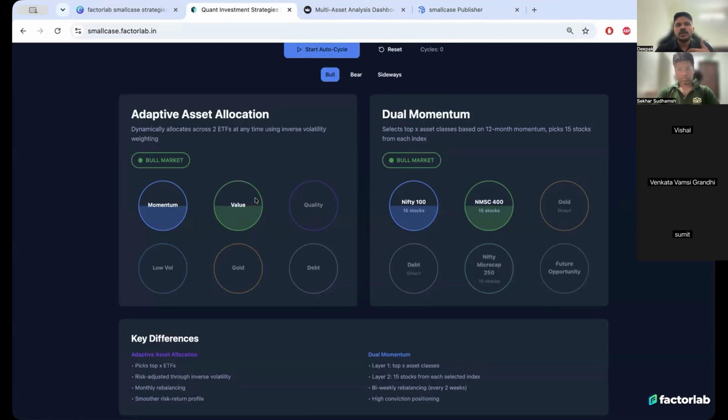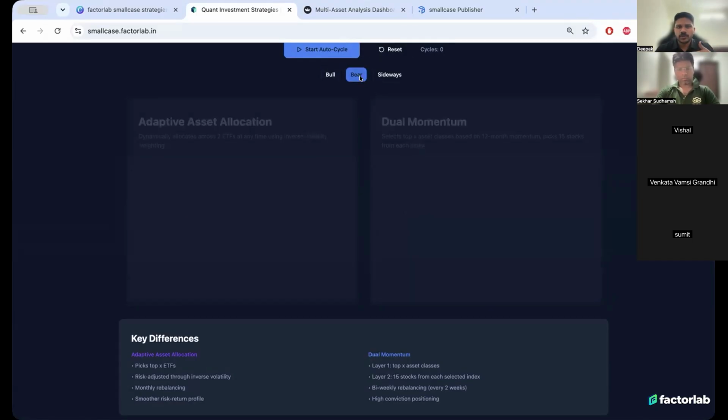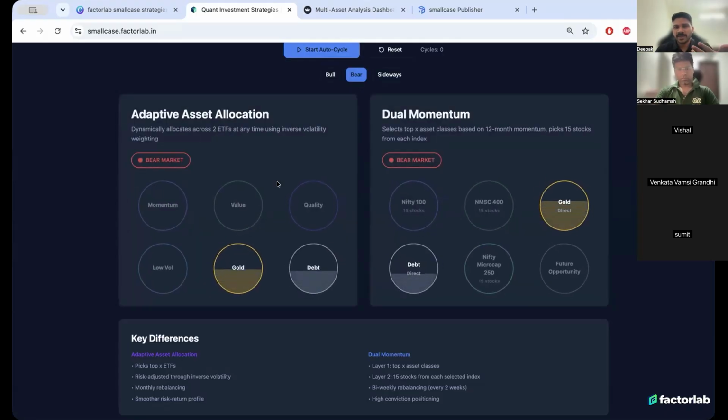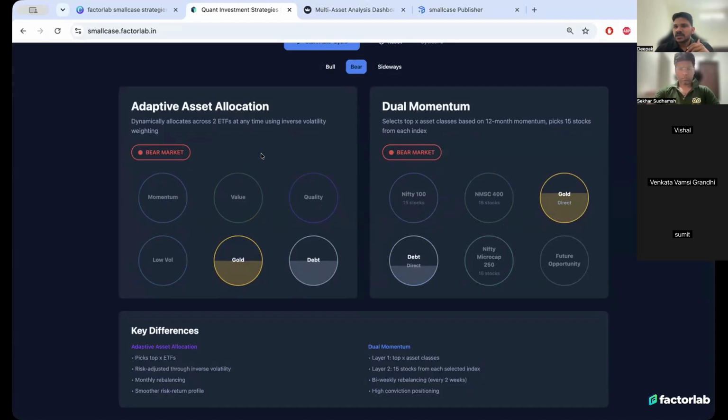In a bull scenario, you could see it moving between momentum and value. In a bear scenario, it could be moving between gold and debt, and so on. So this is a low churn strategy, considered highly defensive with lower drawdowns compared to